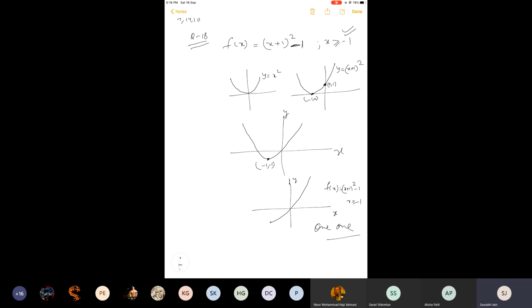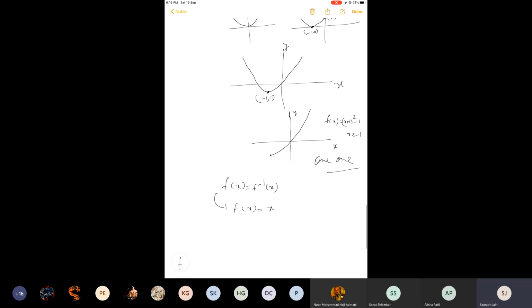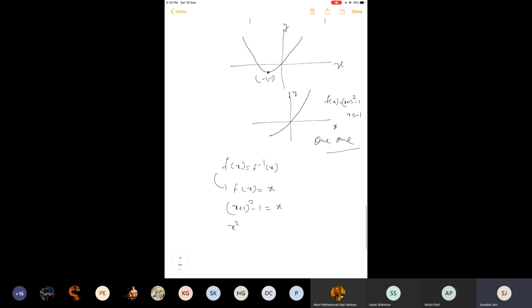So how can I prove it is bijective? And secondly, let us say it is bijective. Then for f(x) equal to f inverse(x), I hope you remember, I told you in order to solve this, we will solve this, right? Because if they will meet, it is at y equal to x. So because of that, (x+1)² − 1 = x. Let us solve this. So this is x² + 2x + 1 − 1 = x. This will be cancelled. x² + x = 0. And because of that, we will get x equal to 0 and −1.